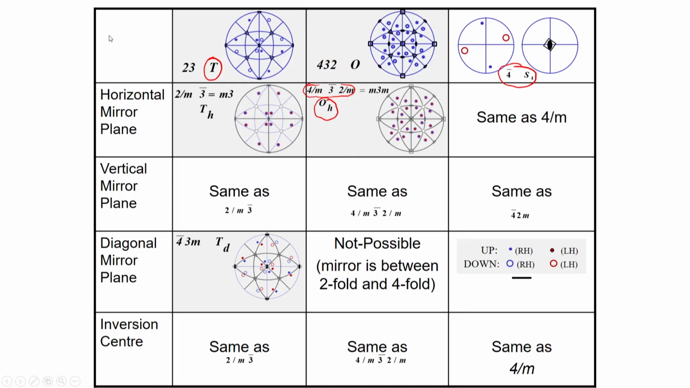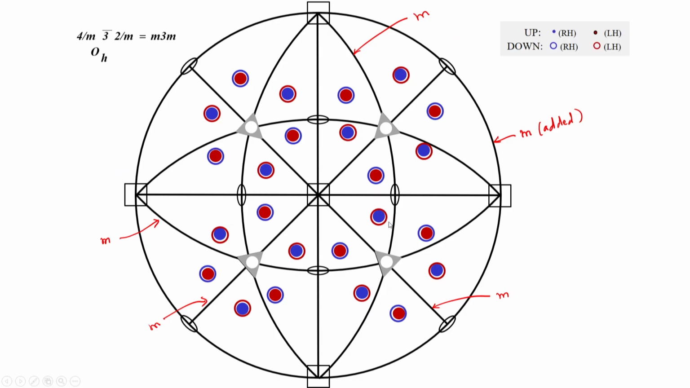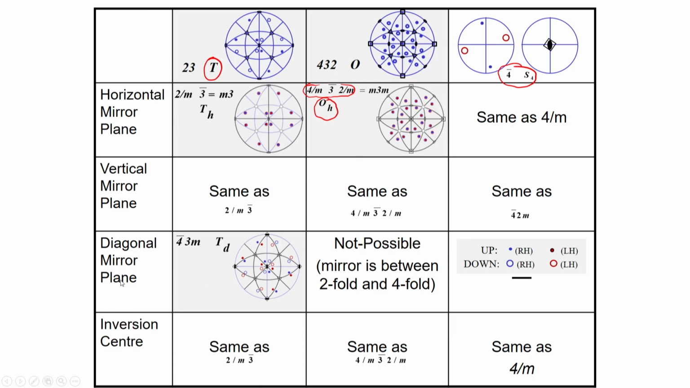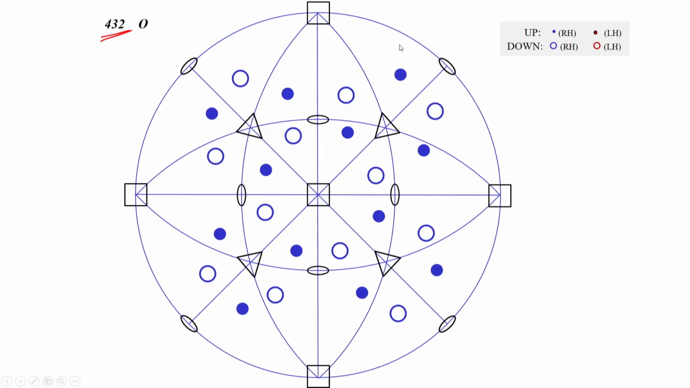Now let us just come back to it. If I add a vertical mirror to 4 3 2, essentially I am producing the same point group as when I added a horizontal mirror, for the simple reason that when I added a horizontal mirror, the vertical mirror also got added. Now what about a diagonal mirror? Okay, 4 3 2, let us look at 4 3 2 again. Where do I add the diagonal mirror? If I try to add the diagonal mirror,